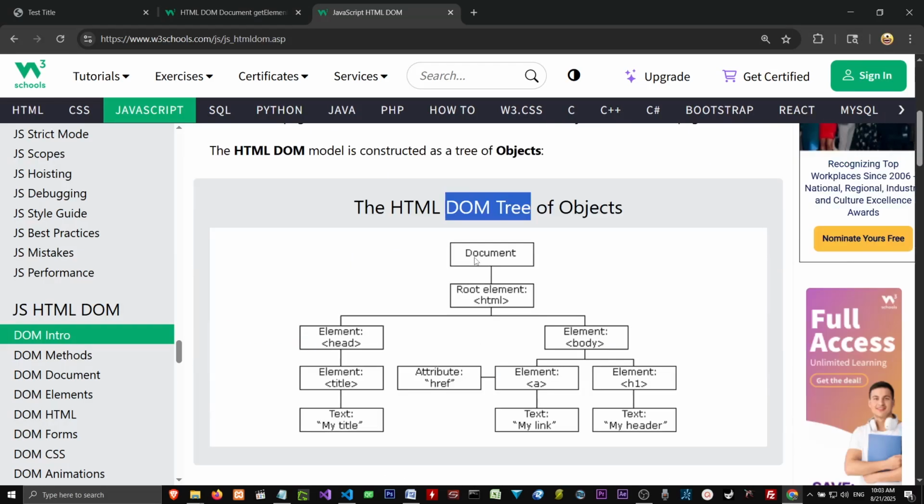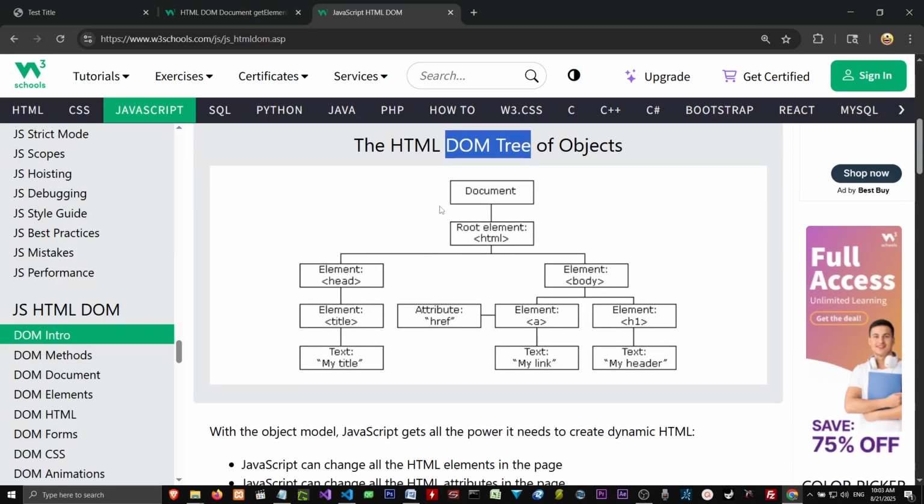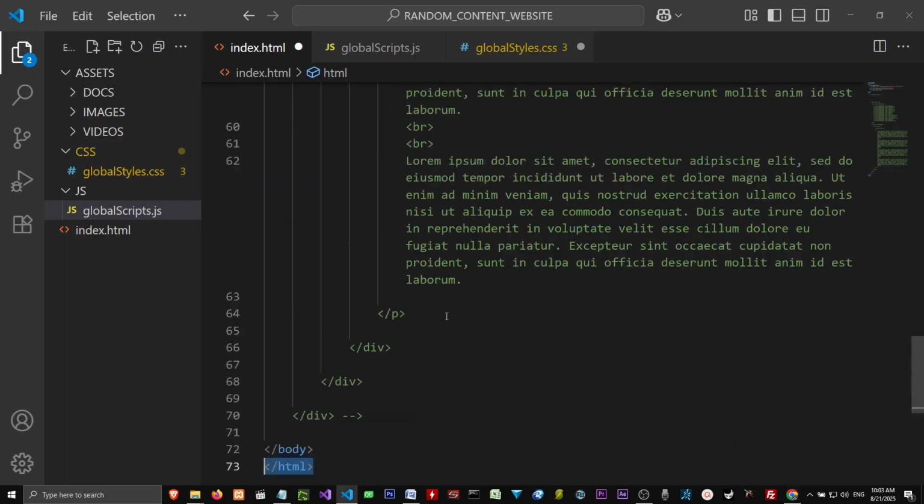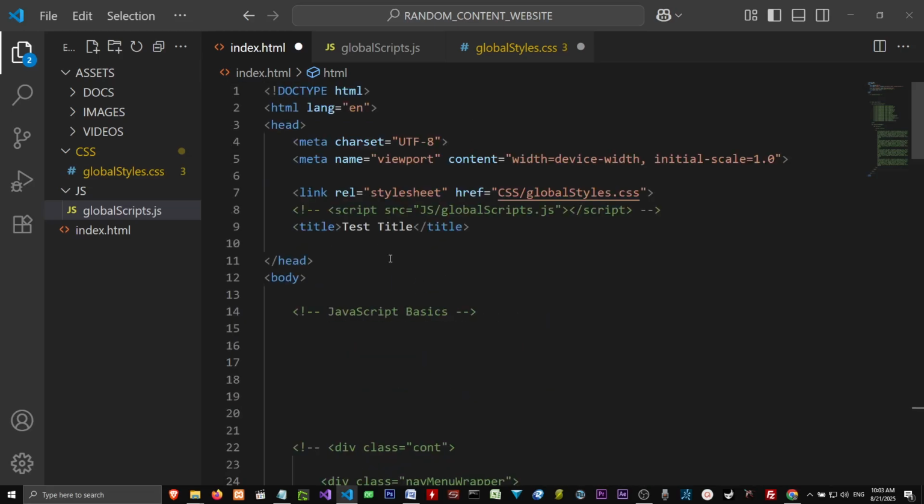And so this is just a good basic tree to understand what's going to happen. And you're going to hear the term DOM manipulation, and that's basically saying using JavaScript to change things within the document object. Okay,